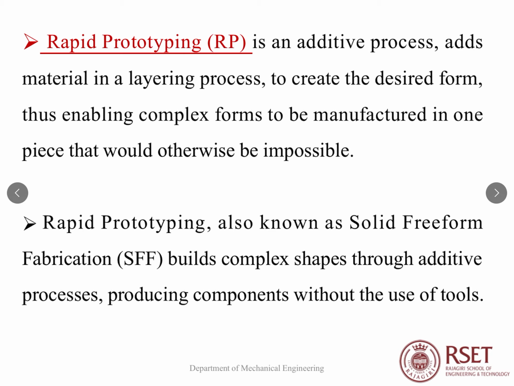If you could reduce the time of preparation of the pattern, we can reduce the total time for the casting process. So, through rapid prototyping, we can prepare this pattern within a short time, thereby reducing the time for a particular phase